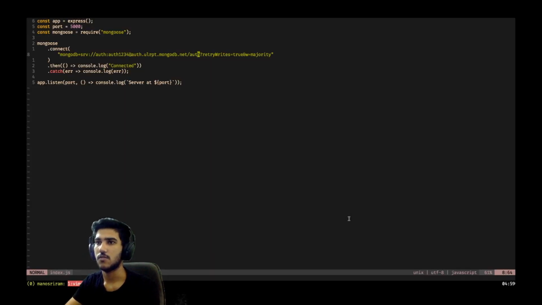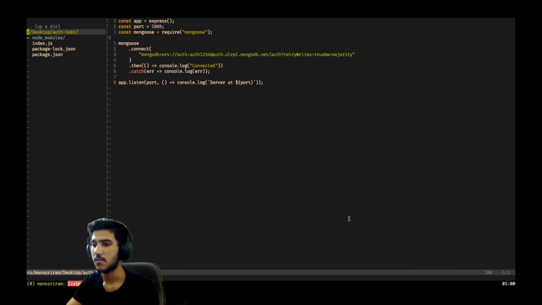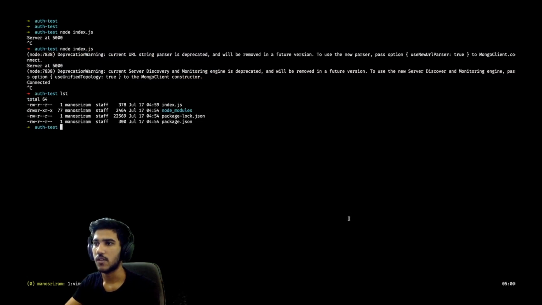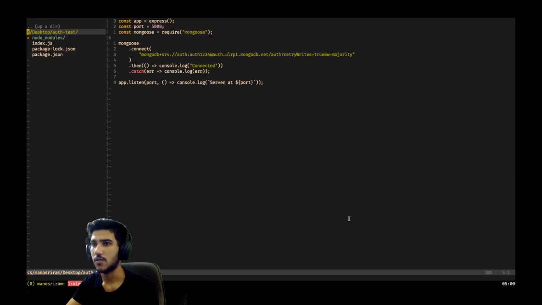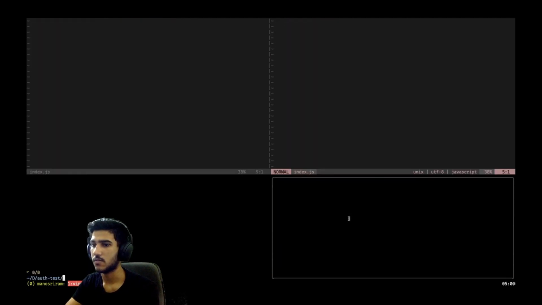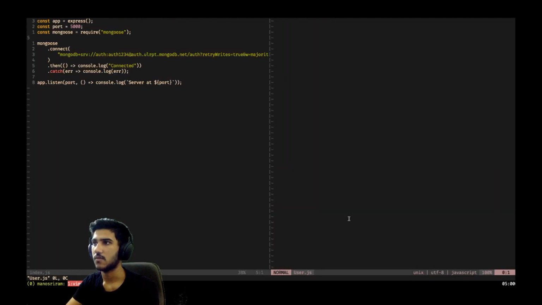So as this is done now, let's create a first model here. I'll be just creating it in one separate file here. Let's say, let's touch user.js, which creates a new user.js file, and we can go here and open the file. Okay, so the first thing we'll be needing is Mongoose. We'll import that.